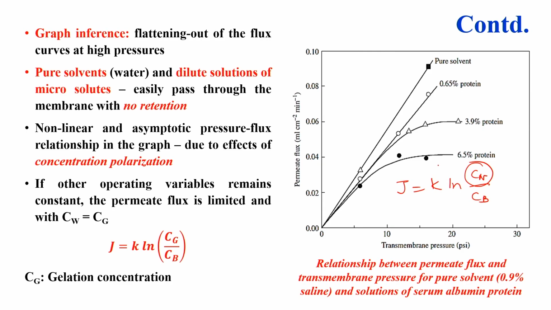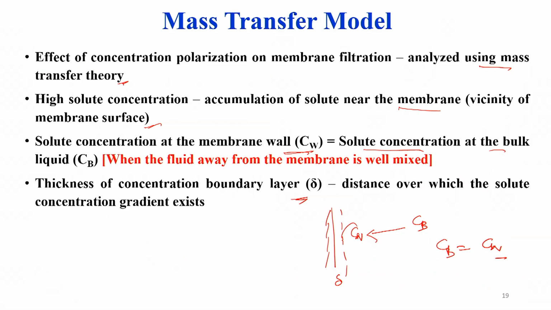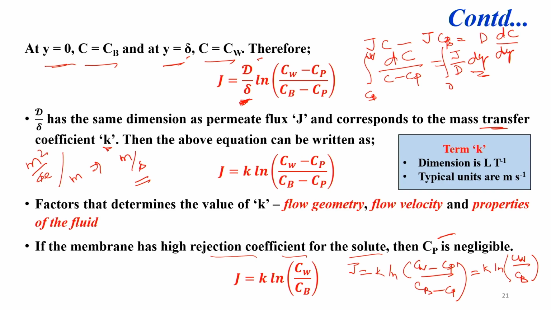So, it says the Cw is going to change because with time there is gelation or deposition taking place. So, you need to replace the Cw with the Cg. Then it becomes K ln Cg upon Cb. Now, it will be able to explain this concentration polarization behavior, because of the change in the concentration at the wall. So, Cw becomes Cg because of the precipitation or deposition of your solute